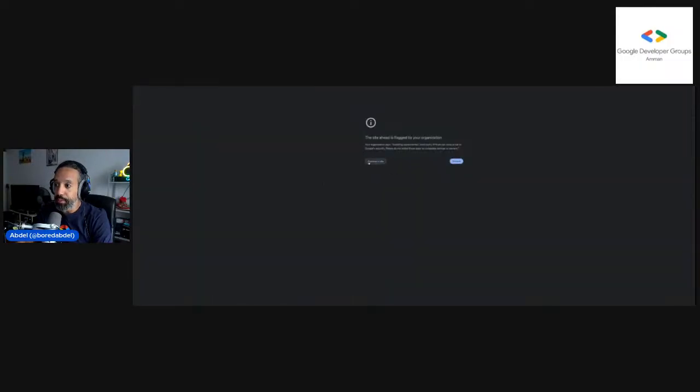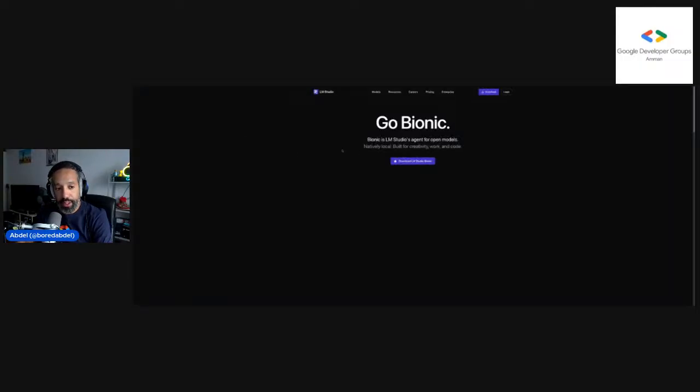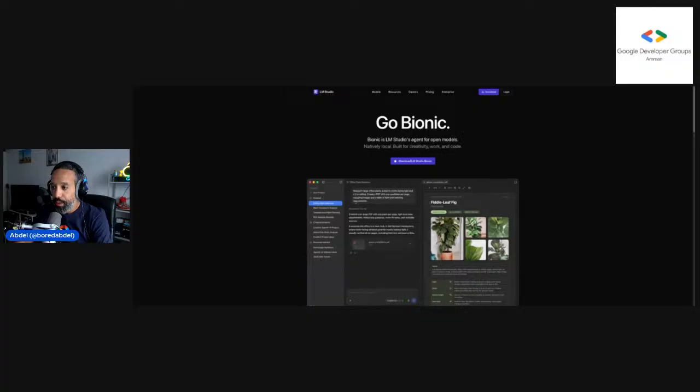So install LM Studio. You can also use Ollama, by the way, but you can install either LM Studio or Ollama and then run Gemma 4, maybe 12B. 12B should be able to run on most modern MacBooks if you have one of those. And then you will be able to use ADK